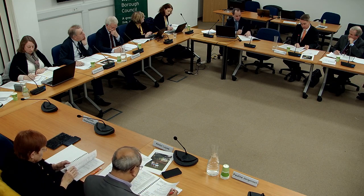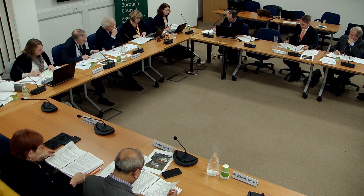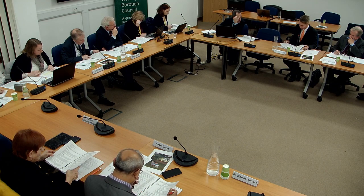May I just ask Simon a little bit about the principle of development, because this is something I haven't quite got my head around. Our own core strategy policy, CP11, really is not in conformity with this. It seems to me paragraph 8 on page 74 suggests that there's a conflict. And as I understand it, that needs to be set alongside the National Planning Policy Framework, which has this assumption in favour of sustainable development, including